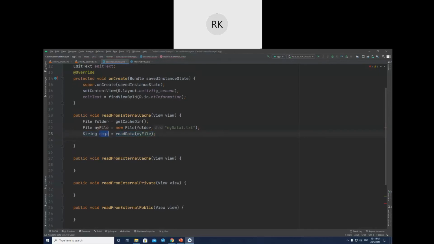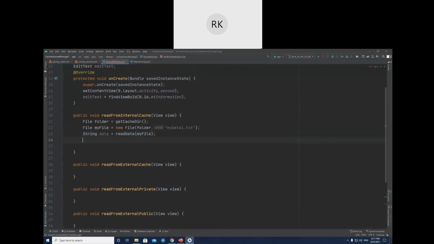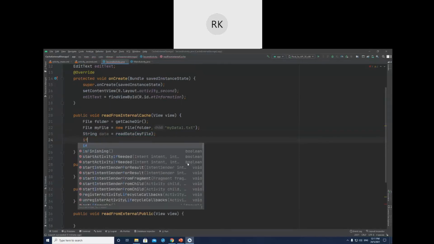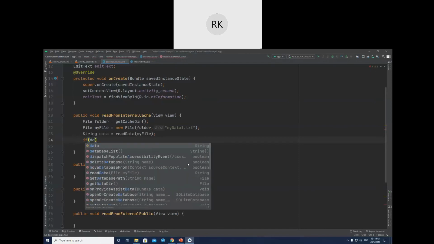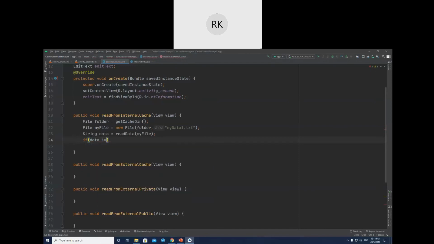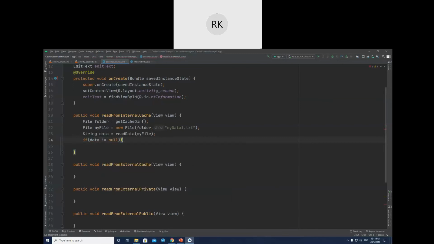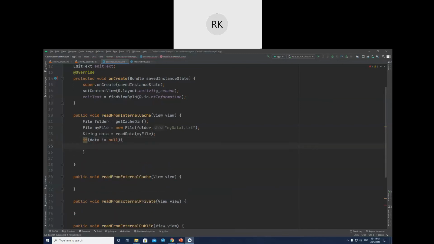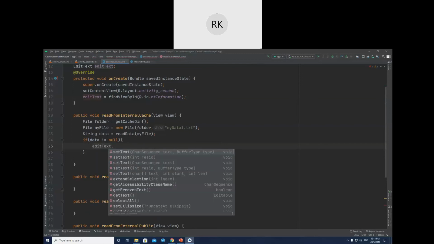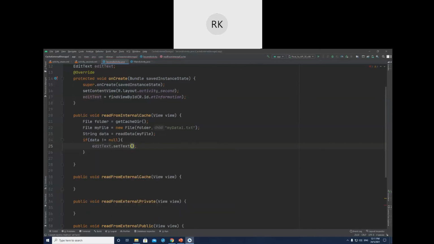And once we get the text, let's just check if this data is not equal to null. Then what should we do? Then we should display it in the edit text, and that is editText.setText, with the data that we already have.